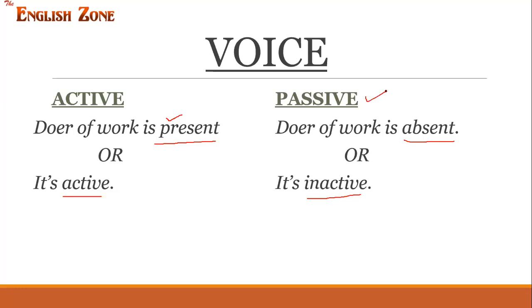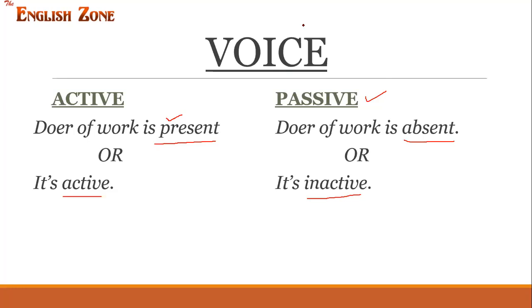Now, for example, I say many candidates were invited to the party, right? One thing is I invited many candidates to the party. Now, who invited many candidates to the party? I. The subject is there, or I can say the doer of the work is present. But if I say many candidates were invited to the party, then can we predict who invited the candidates? Yes or no? Clear? Just tell me, are you clear with this concept or not clear?